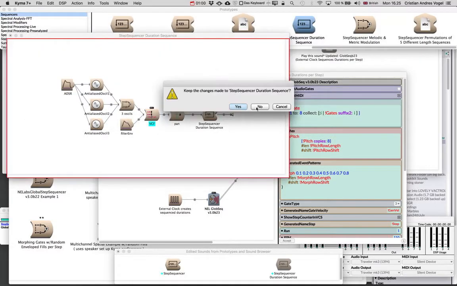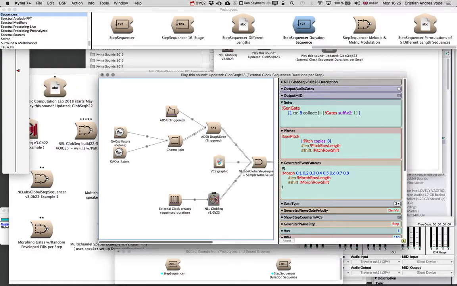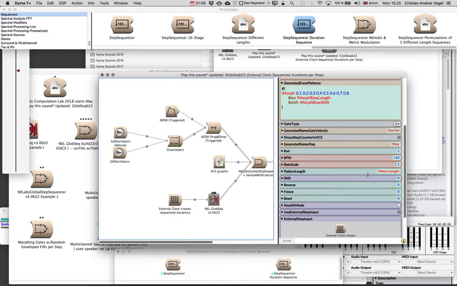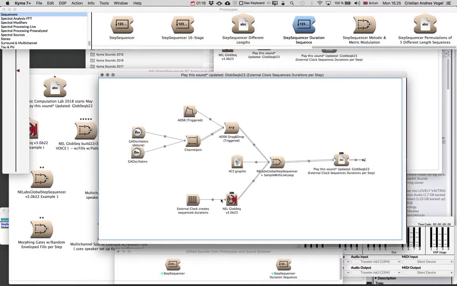So I was thinking about how to build that into the GlobSeq, and my one doesn't have duration built in. It's just working with BPM and rate scale to scale the BPM. So it will just step or skip steps, and it won't hold a step for a certain duration. But then